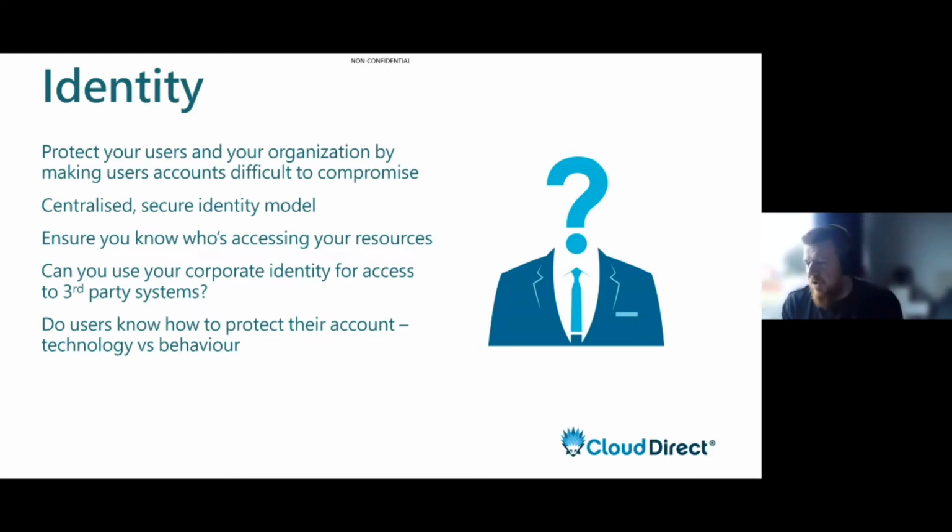We want to make sure we can verify people's identity at every step of the journey. And then we know that not every system is aligned in the same way. So when we've got a strong central identity, we want to make that the central factor for authenticating against different systems as well, if we can. So if we've got third-party systems and we can use the same identity to access all of them, then that makes us a much stronger organization in terms of security.